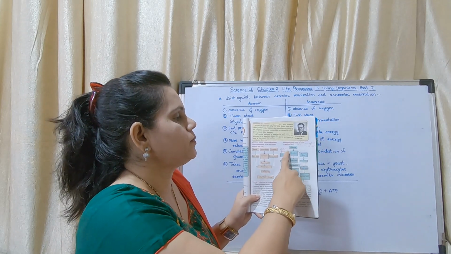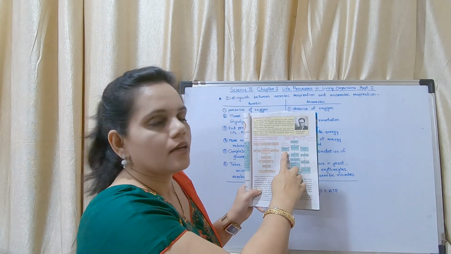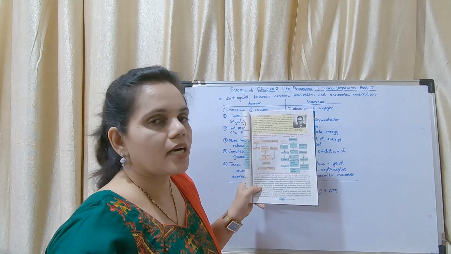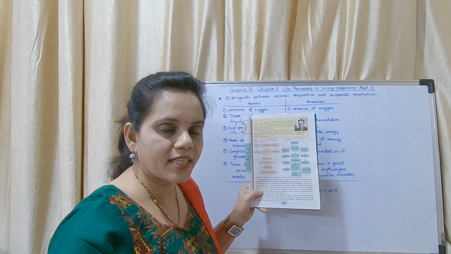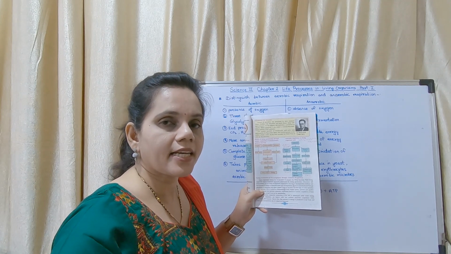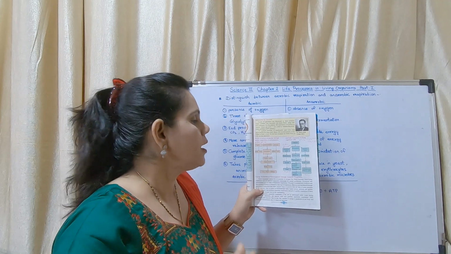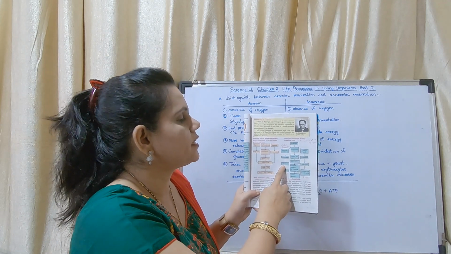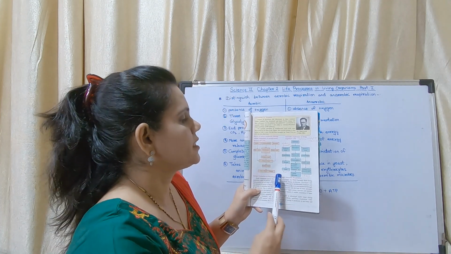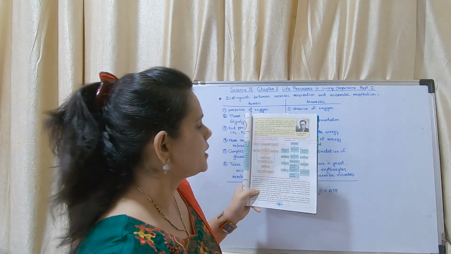What are they? First we will take this one, that is glucose to glycolysis. It gets converted into pyruvic acid. Pyruvic acid undergoes the process called fermentation. You are familiar with the term fermentation. It is a chemical reaction which takes place in absence of oxygen. By fermentation it is converted into alcohol. And where can we see this type of reaction? This type of reaction is seen in yeast.